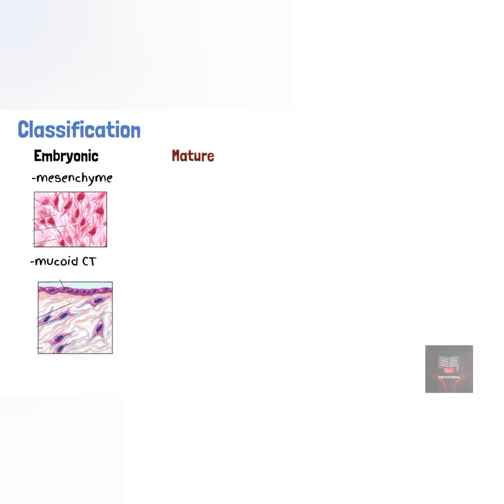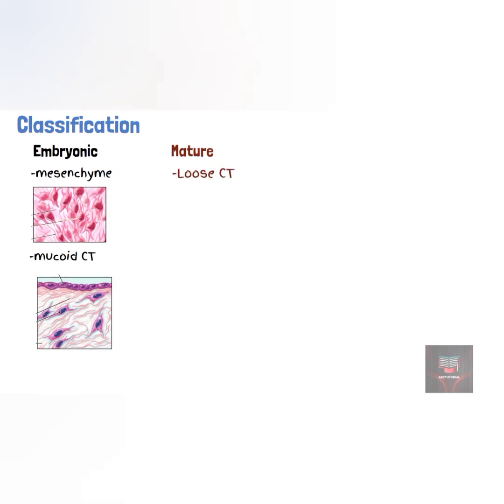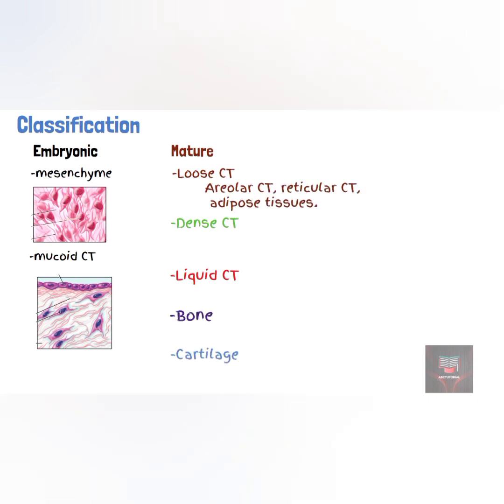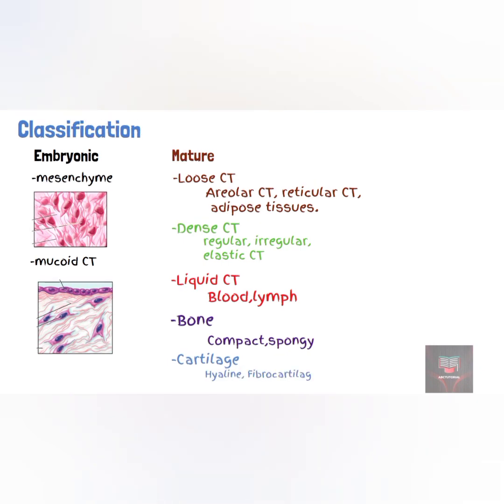The mature connective tissue includes the loose connective tissue, the dense connective tissue, the liquid connective tissues, the bones and the cartilages. Loose connective tissue includes areolar connective tissue, reticular connective tissue and adipose tissue, while the dense connective tissue includes dense regular connective tissue, dense irregular connective tissue and elastic connective tissue. Examples of liquid connective tissues include blood and lymph. Bones can be divided into compact bone and spongy bone, and cartilages can be classified into hyaline cartilage, fibrocartilage and